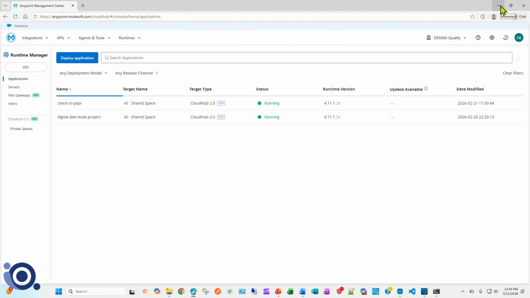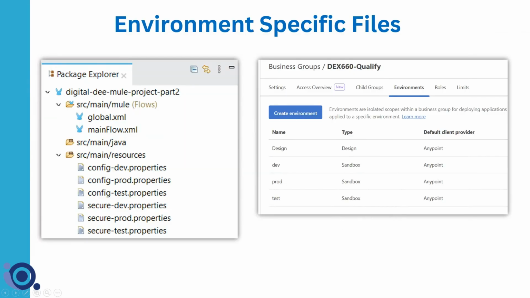Sometimes people will split them out and have non-production credentials and production credentials, and manage those differently, which is fine. But we need to bundle our application that we have in Studio with all of those environments so that it's a one-time deploy into